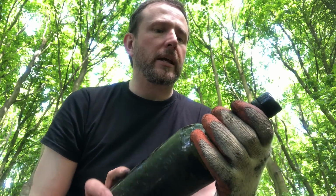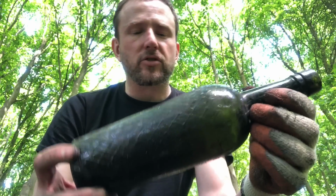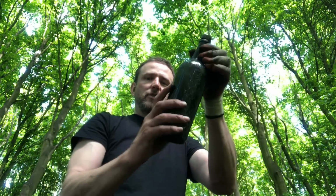I think it's a drippy lippy. Yes, it is. Drippy lippy. Not poisonous, not to be taken. Lovely striations in the neck. Look at that, the cross hatch. That really is an absolute belter, and therefore...